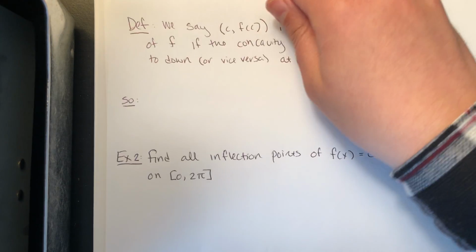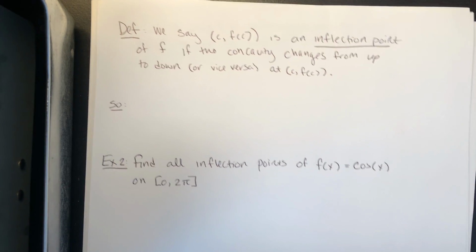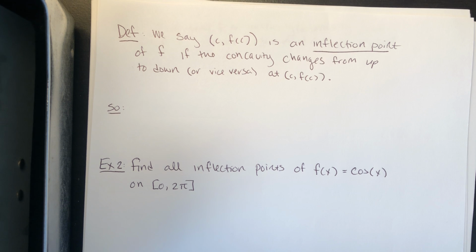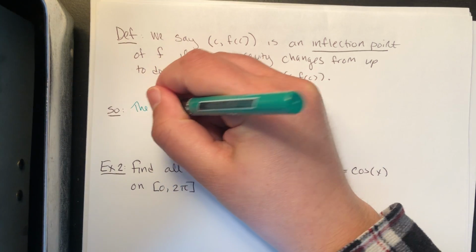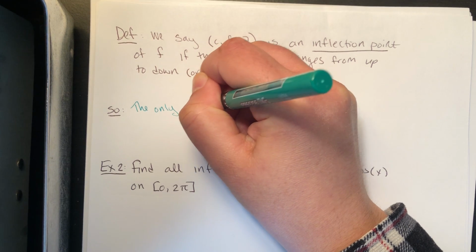So we say that a point c, f of c, in our last example it was 0, 0, is an inflection point of f if the concavity changes from up to down or vice versa at that point c, f of c. Now keep in mind, the only way your graph could change from concave up to concave down is when the second derivative changes from being negative to being positive or vice versa, because the second derivative's sign corresponds to the original function's concavity. And so the only potential inflection points